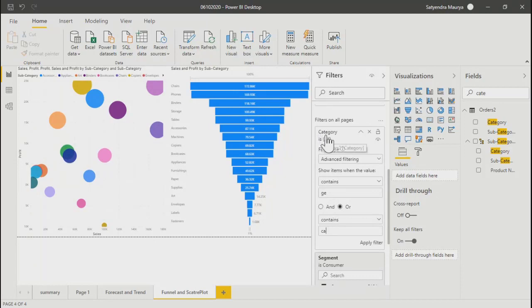Okay, but we are in category. No, in category, let's say office, category, copiers.